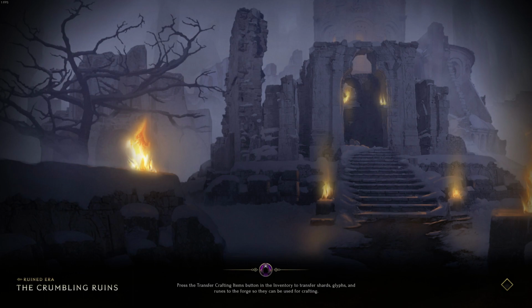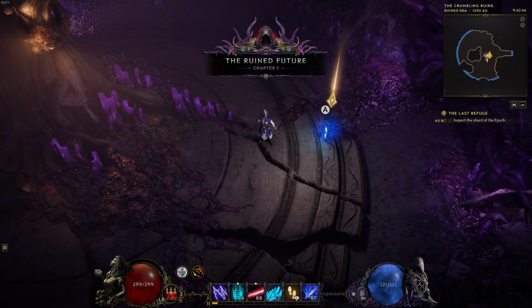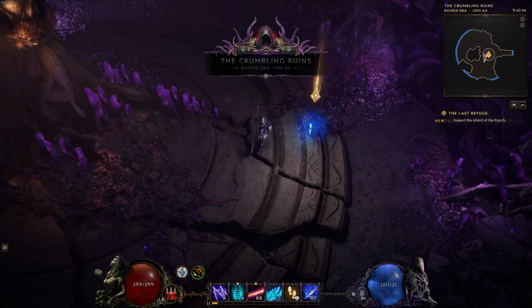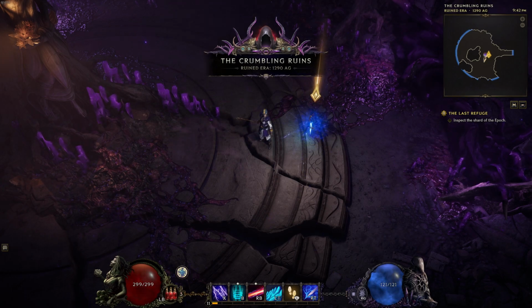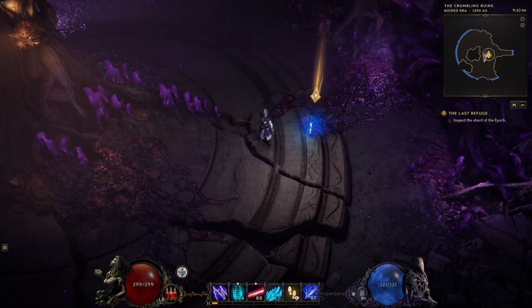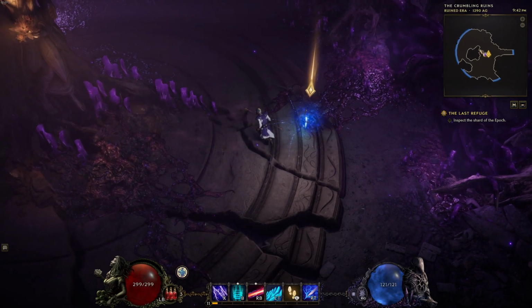But sir, I don't know who you are. Well, that seems like a chapter 2, the ruined future, the crumbling ruins, ruined era, 1290 AG. Inspect the shard at the Epoch. Now, so